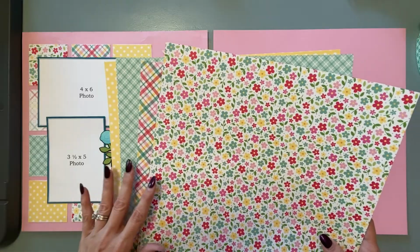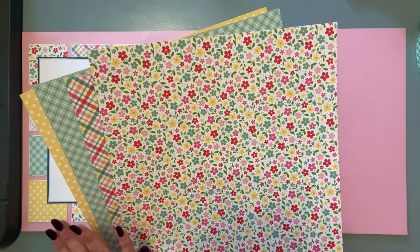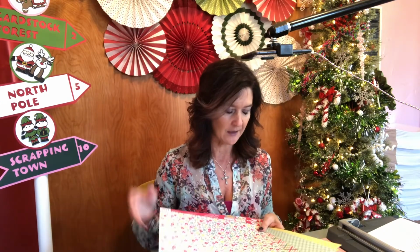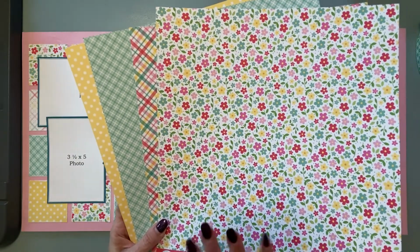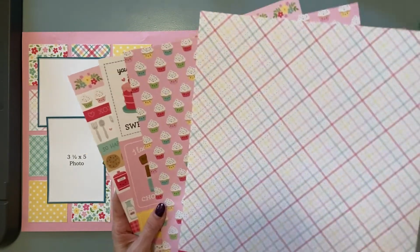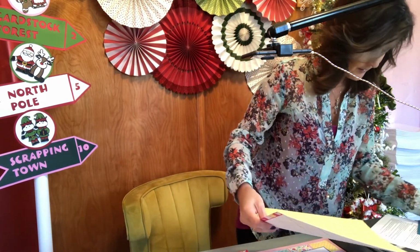But in your pack, you have 4 sheets of 12 by 12 paper. And with those sheets, we are going to cut 10 2.5-inch squares. And you can mix and match this however you'd like. We have the 4 patterns here, but if you flip it over, we also have the other side for our patterns as well. You could cut them all from the exact same pattern. You could just use a couple. So again, this is your page. Feel free to be as creative as you'd like, but we need a total of 10 2.5-inch squares. I'm going to set those down and then I'm going to go ahead and get started here on my cuts